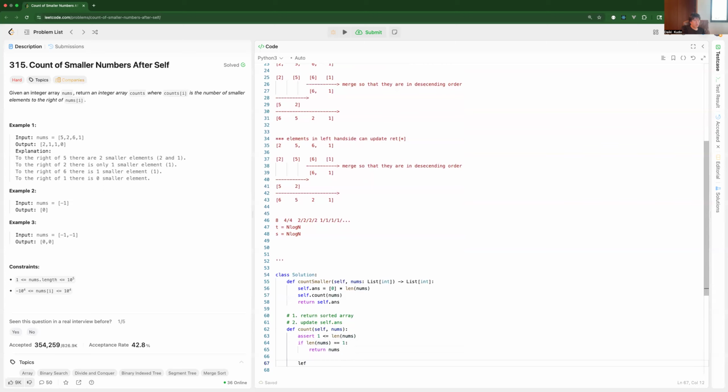So the left half should be nums divided by 2. So firstly, I will call count with